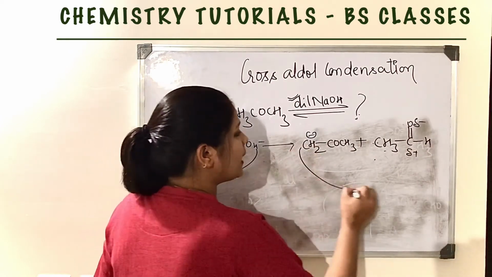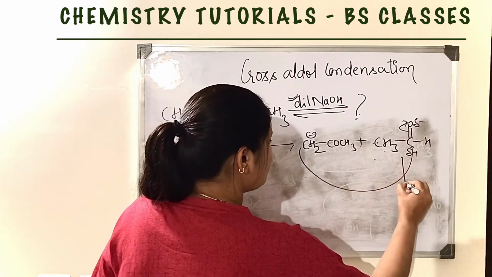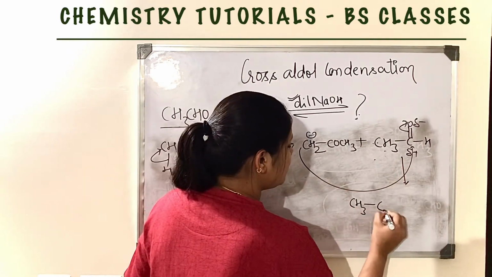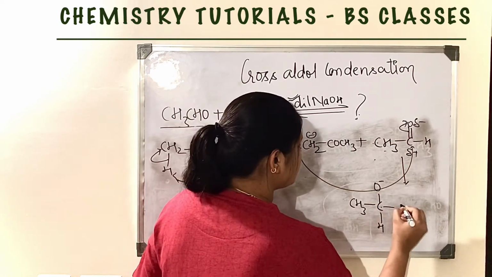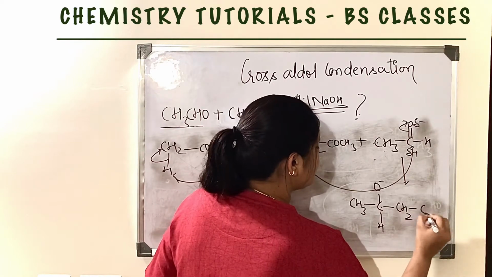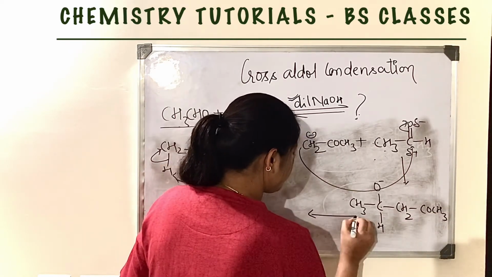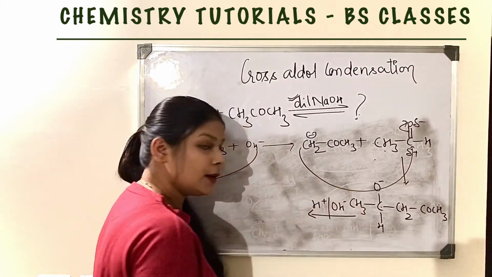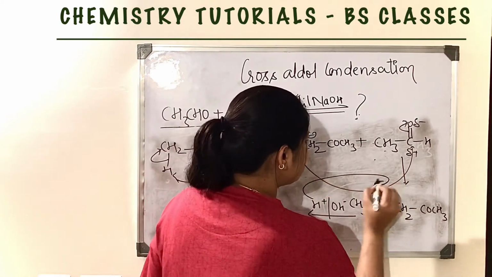This carbon binds with this carbon and the bond completely shifts and forms CH3CO minus H, CH2COCH3. Now we have water in the medium. It will split into H plus and OH minus. Now this H plus will bind with this and form